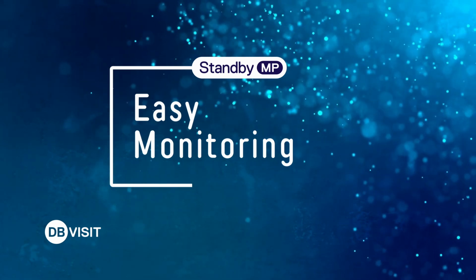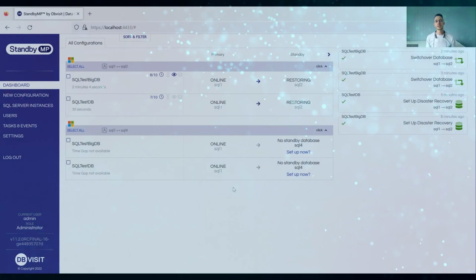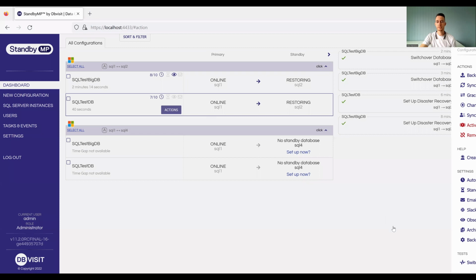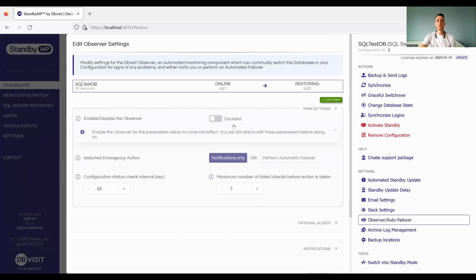Number 5 is easy monitoring. So we have a feature called the Observer, which you can think of as a third-party monitoring and notification utility. If you select any configuration and go to the Observer tab, this will allow you to keep an eye on